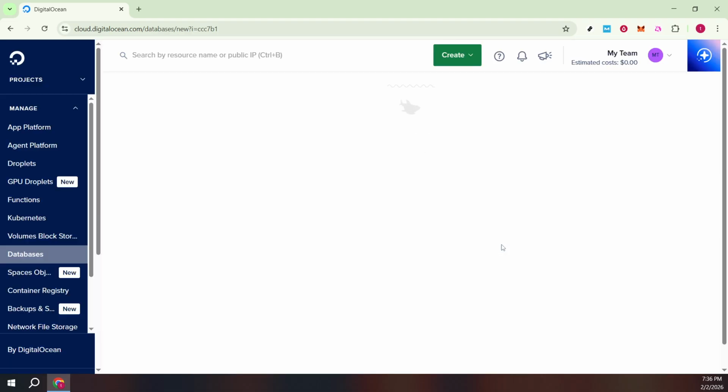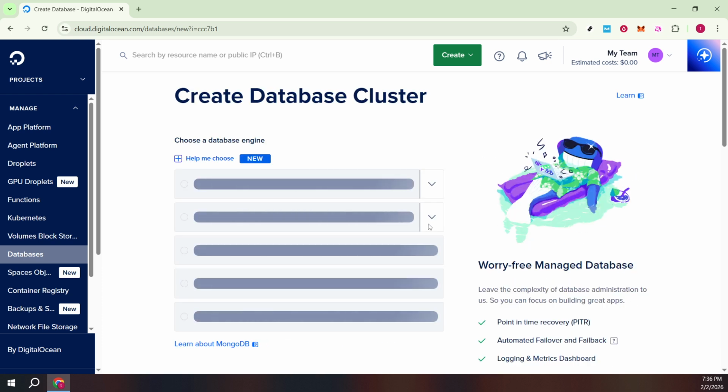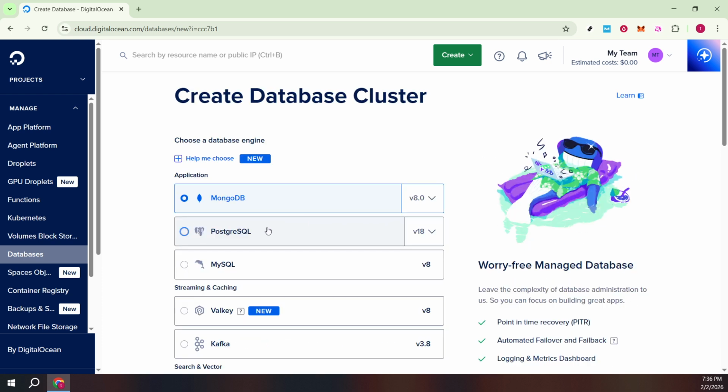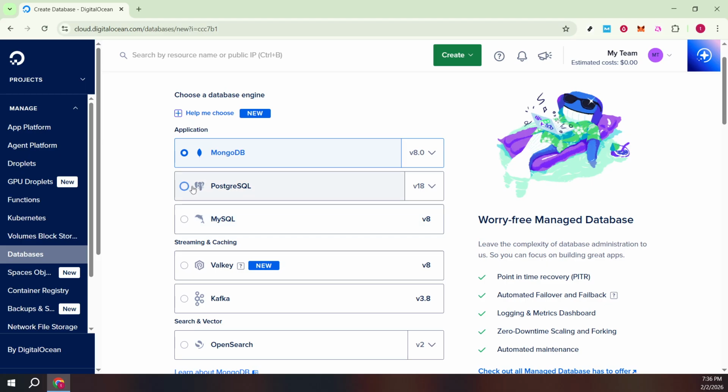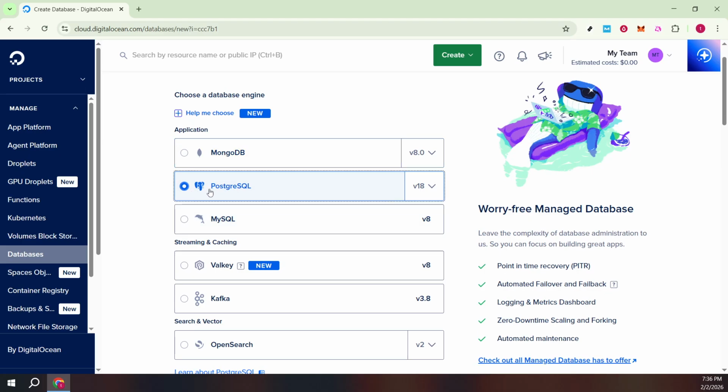On the first screen, you'll be asked to choose a database engine. You'll see options for MongoDB and MySQL, but for this tutorial, select PostgreSQL. PostgreSQL is a robust, open-source relational database that's great for transactional workloads, analytics with extensions, and strong data integrity out of the box. If you're migrating an app that already uses Postgres locally or in another cloud, this will feel